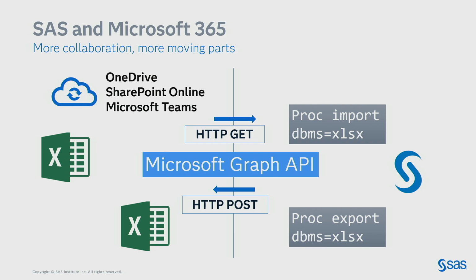But then the cloud happened. And most of us now who are using Microsoft Office-like technology are in Microsoft 365. And our data that used to be local is no longer local. It's in the cloud, hosted in a Microsoft 365 tenant. So our approach has to change. No longer can we just point to it like it's a directory. We have to use APIs to pull that stuff from SAS or from the cloud and to push it back out. Fortunately, Microsoft publishes a robust API called the Microsoft Graph API that lets us accomplish everything we need to do.